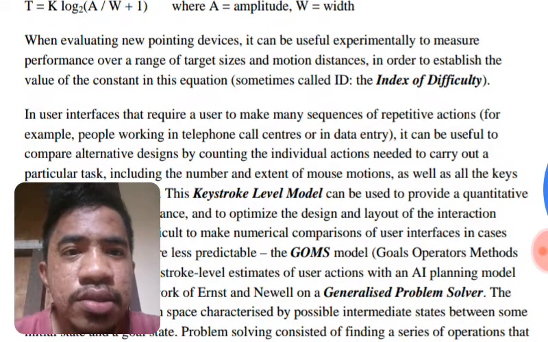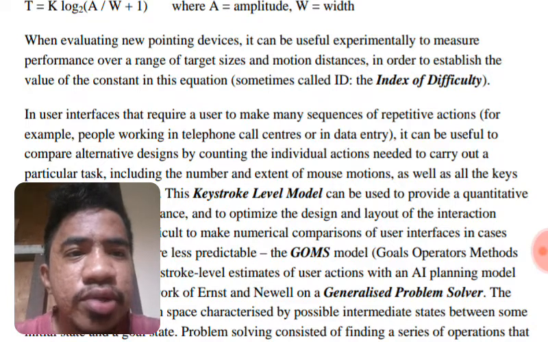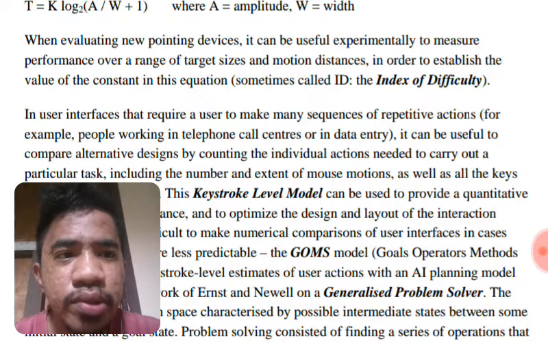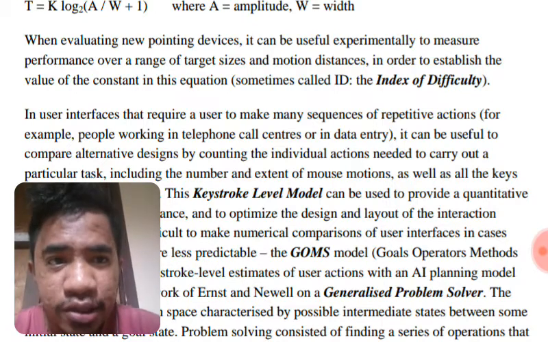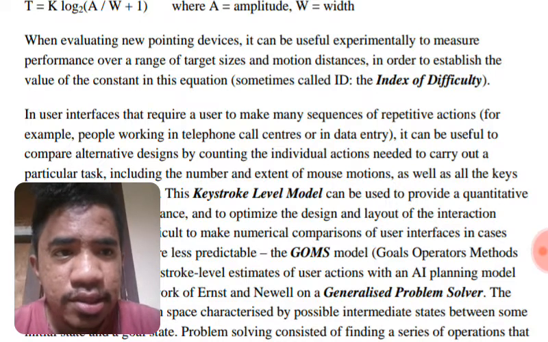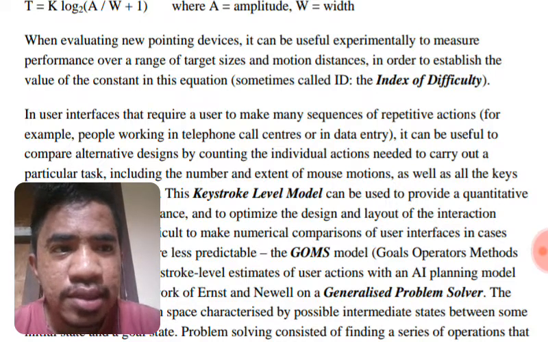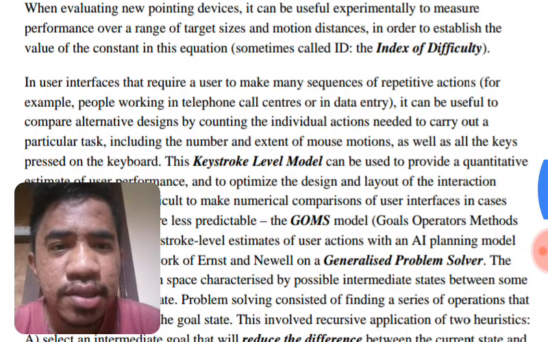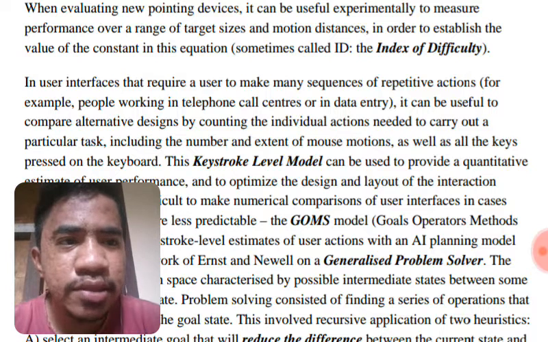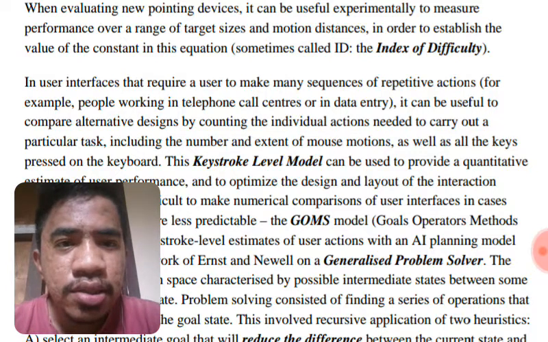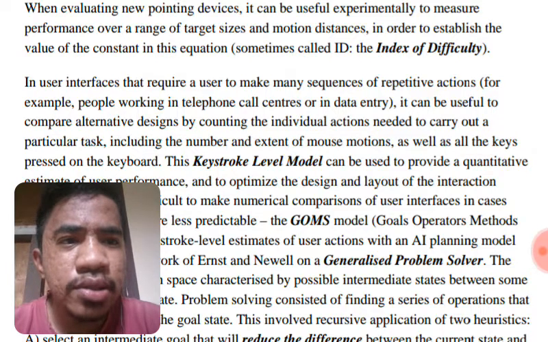When evaluating a new pointing device, it can be useful experimentally to measure performance over a range of target sizes and motion distances in order to establish the value of the constant in this equation, sometimes called ID, the index of difficulty. In user interfaces that require a user to make many sequences of repetitive actions,